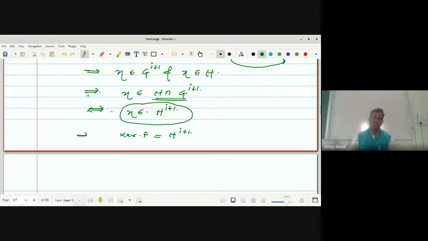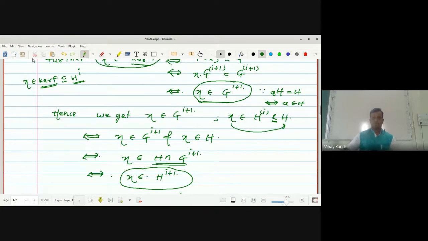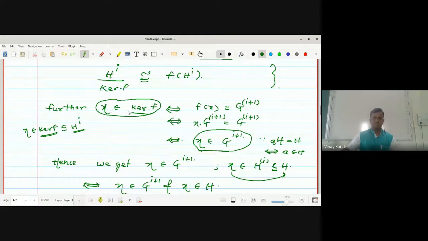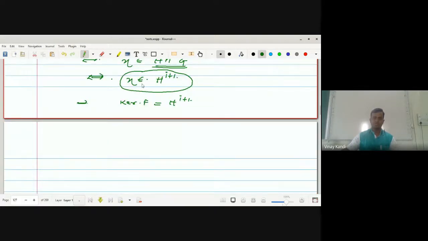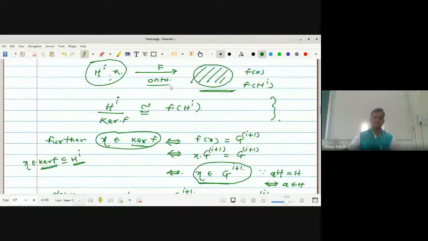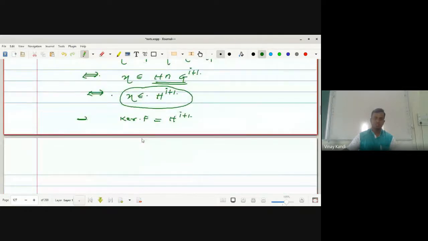So if we take x in the kernel of f, we get h raised to i plus 1. If we take x in h raised to i plus 1, we get our kernel. That means kernel of f is equal to h raised to i plus 1. Then